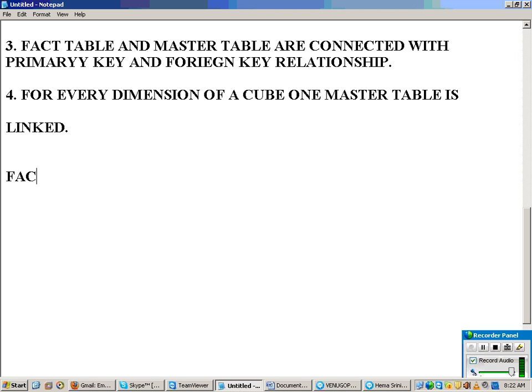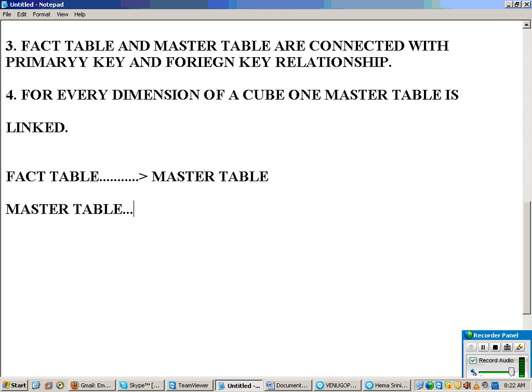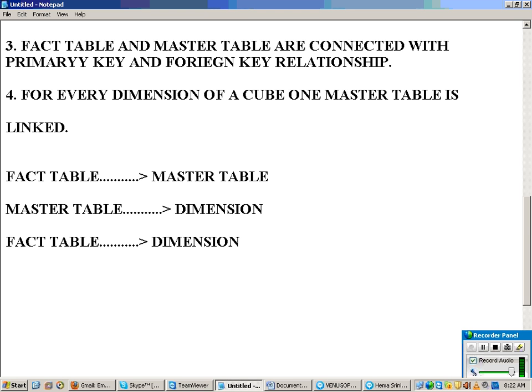Now how is star schema design? See, you have a connectivity between fact table to master table, right? Fact table to master table. Then you have a connectivity between master table to dimension. That means indirectly what? Fact table to dimension.